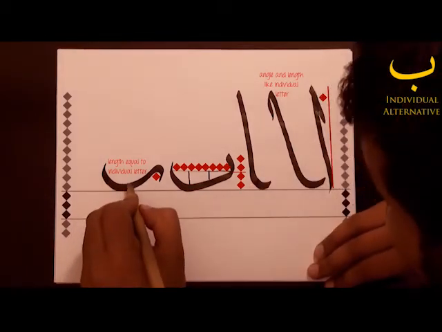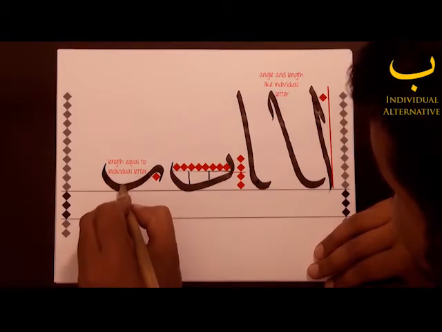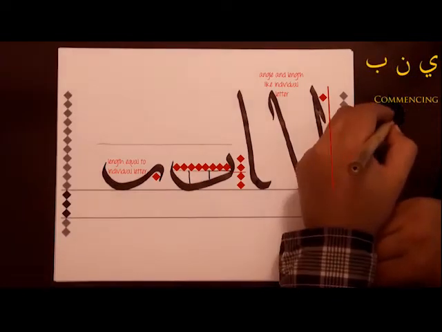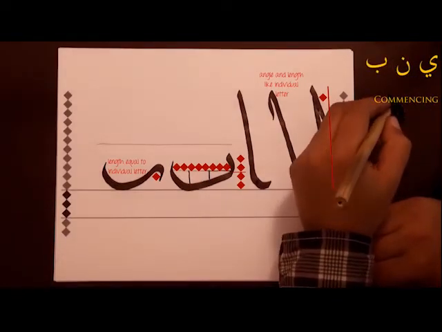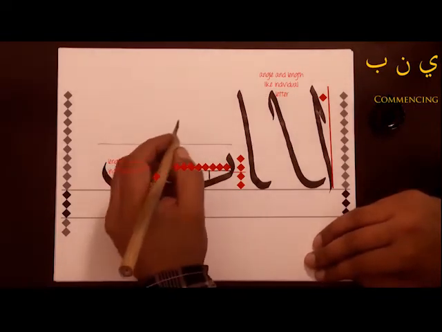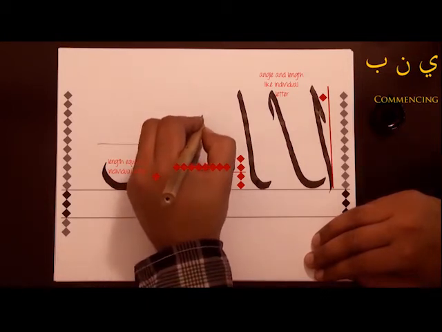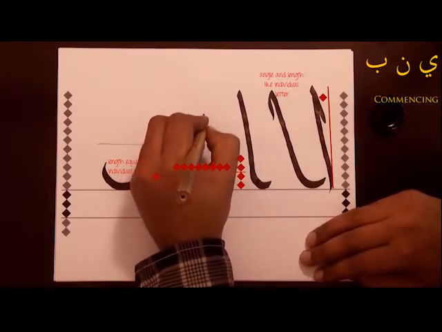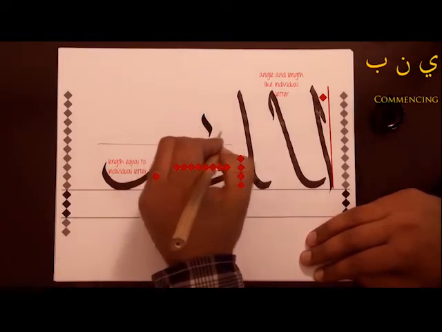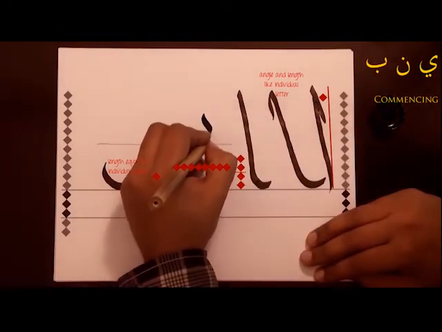And it'll go ahead and fill up any empty spaces left behind. When ba, noon, or ya appear at the beginning of a macho, the initial stroke is very similar to the first stroke of the individual letter. Like that, and then